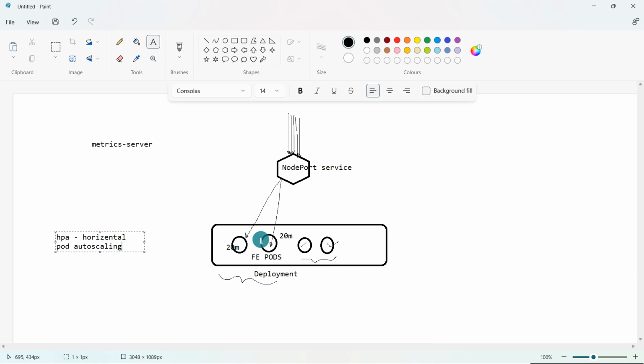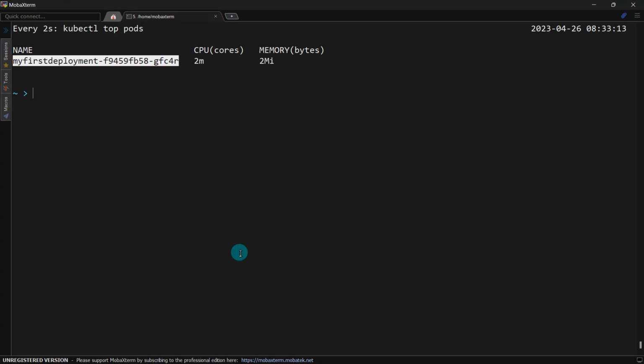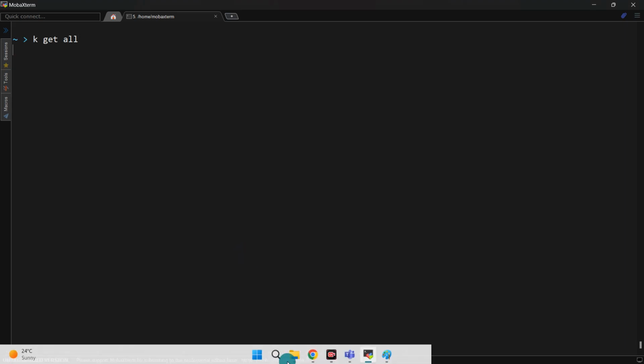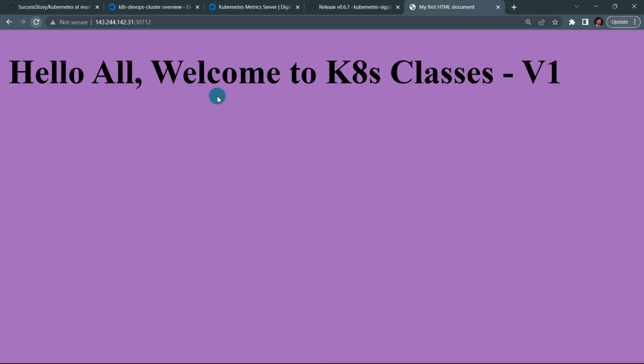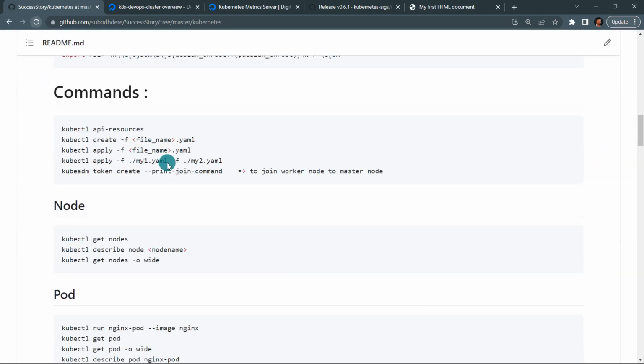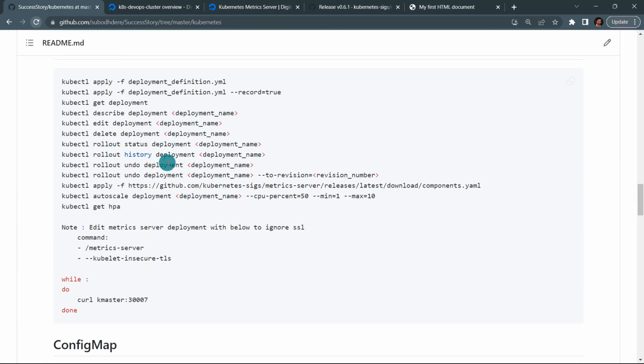So autoscaling is nothing but automatically increasing the number of pods and decreasing the number of pods based on the CPU utilization. Okay, so let's go ahead and create the autoscaling with the help of a simple command. If you go to the Kubernetes section and go to the deployment,